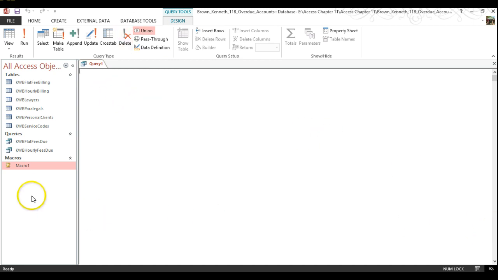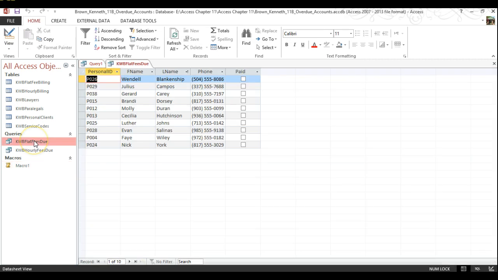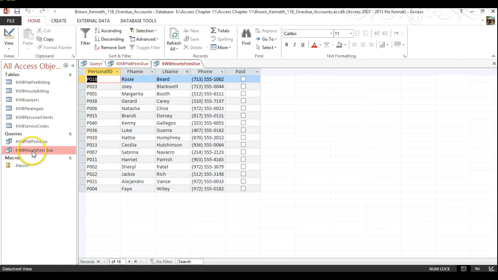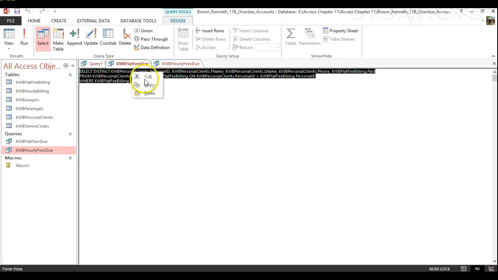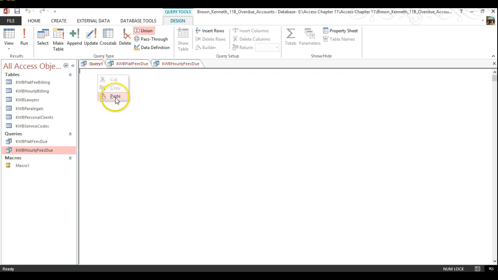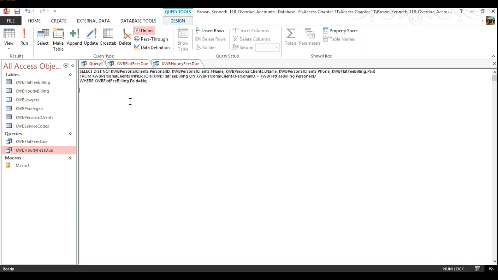Now this is so easy, okay? We're going to be going into both of these, the FMO fees due. Basically they want a query that's going to show all fees, the flat fees and the hourly fees. So easy thing, just open that one and open that one. I'm going to switch it to SQL, highlight, copy, click over here, paste, come down a couple lines, type UNION in all caps, come down a couple lines,